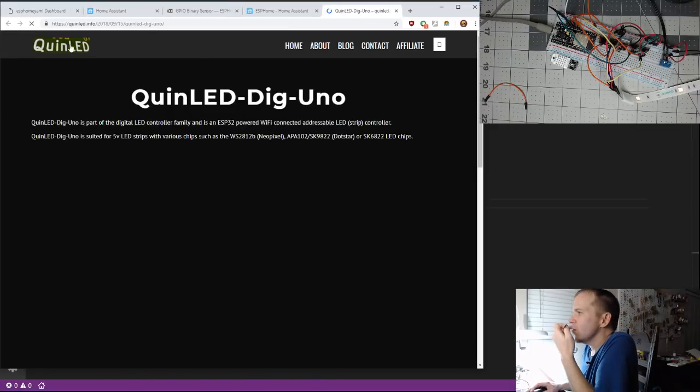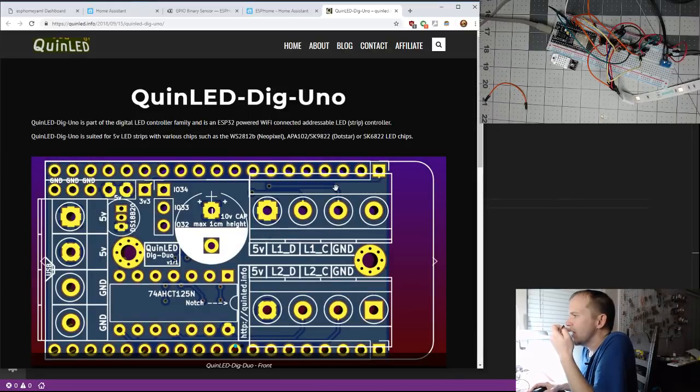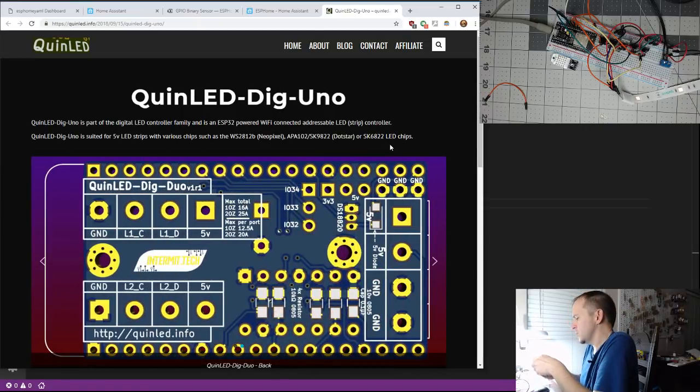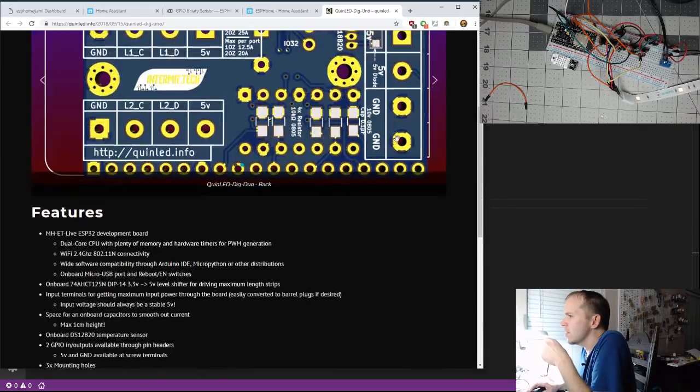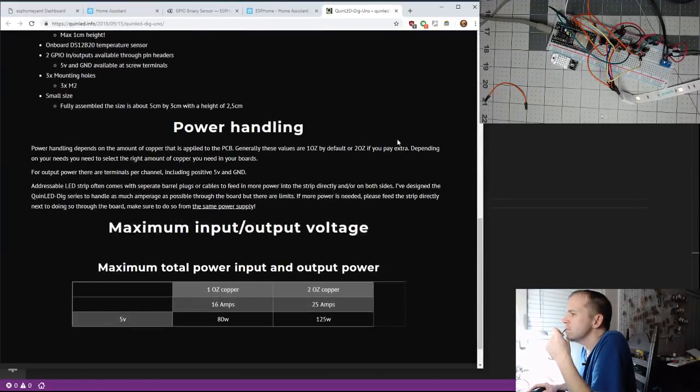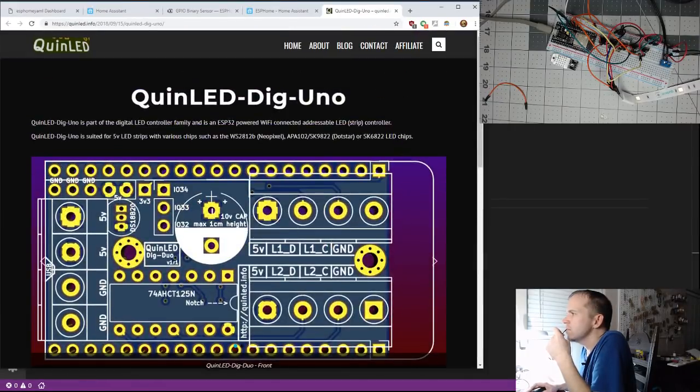Let's see, you get the QuinLED, part of the digital LED controller family, ESP32, Wi-Fi connected, suitable for 5 meter strips. Oh, cool. Yeah, I've watched some of his stuff.